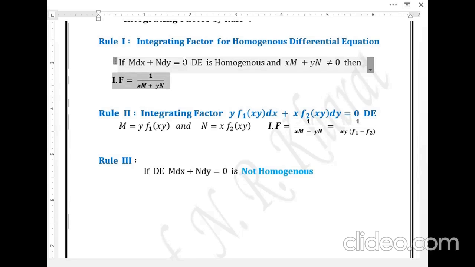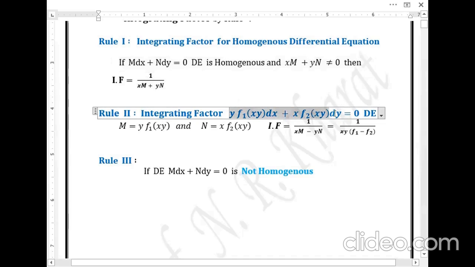is not equal to 0. If the given differential equation is not a homogeneous differential equation, then rule number 1 is not applicable to convert the non-exact differential equation into exact. For that, if the differential equation is in the form of a function of x and y variables in which the coefficient of dx is multiplied by y, which is present in each and every term, in a similar way, x variable is present in every term as a coefficient of dy,